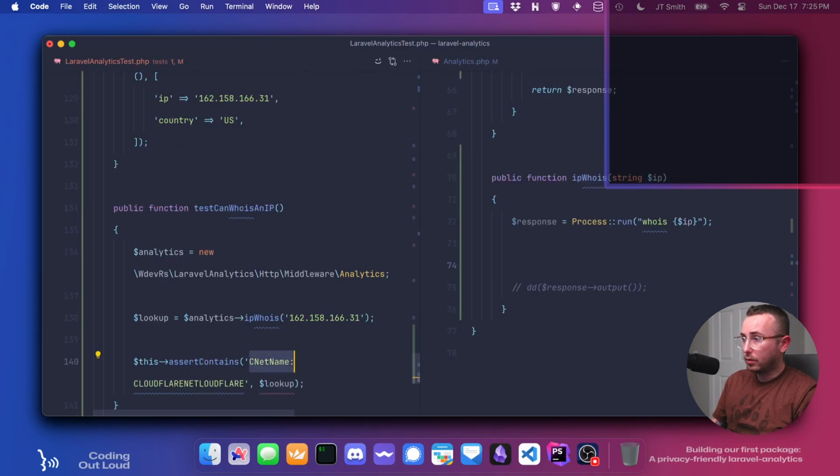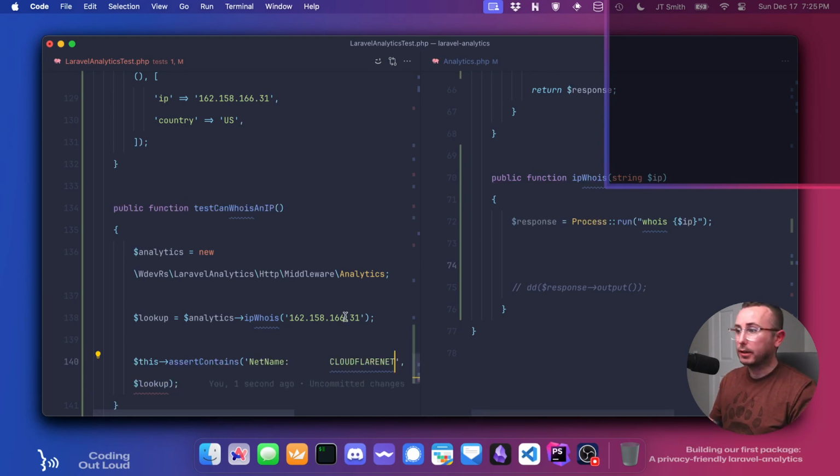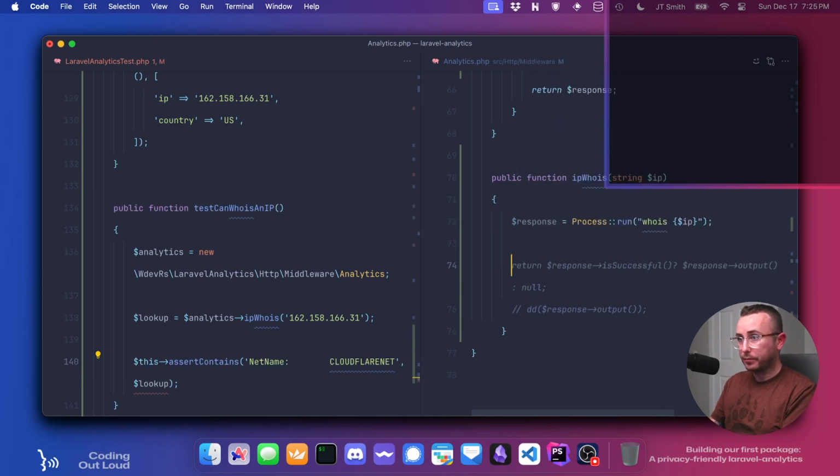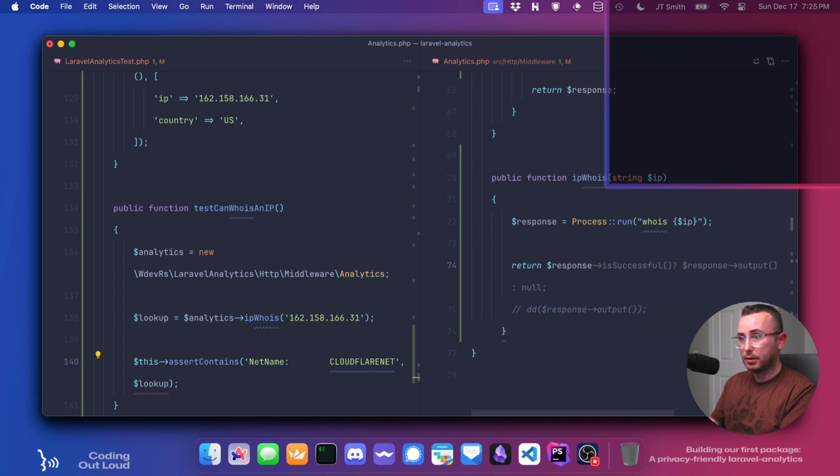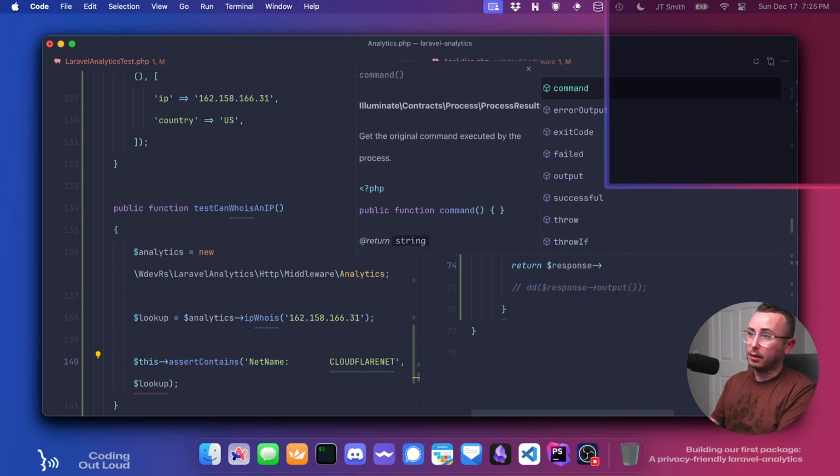This is horribly the wrong way, but again, this is not going to be the final product. We're going to refactor this. I just want to see if we're getting the right stuff here. So if we go return response, and